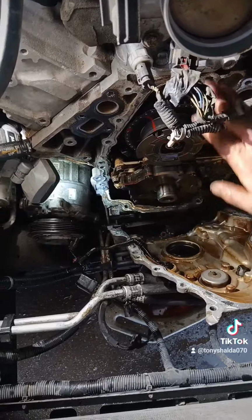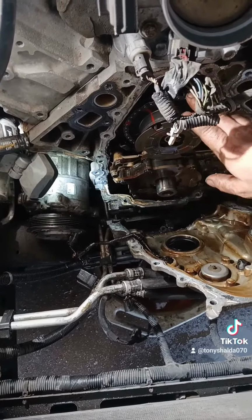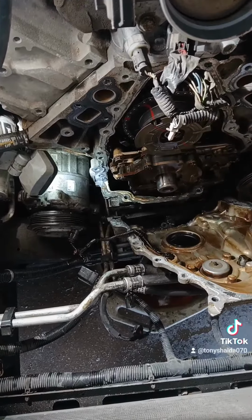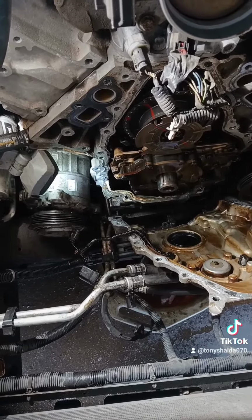It looks like it's got a new valve lifter oil manifold on there, and it looks like somebody's put a timing chain on it, but I don't think it was me. Just by this mess of silicone, I'm pretty sure that's not me. But all that aside, let's do a video now of me putting the thing back in. If you want to see that, look for it